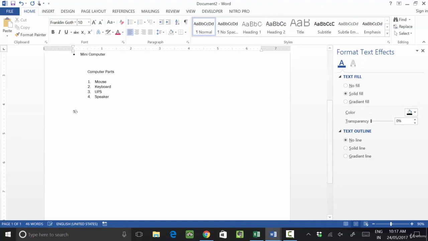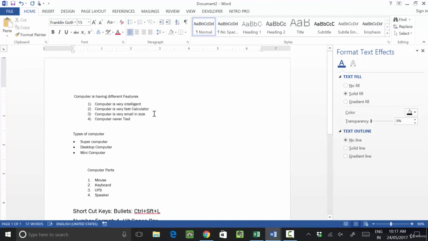Okay, so here are the shortcut keys. If you want to apply the bullets, simply press Ctrl plus Shift plus L from the keyboard. By default bullets will start in your text. And if you want to write in number format, write one dot and hit space bar. You will see your numerical bullets will start in your text.